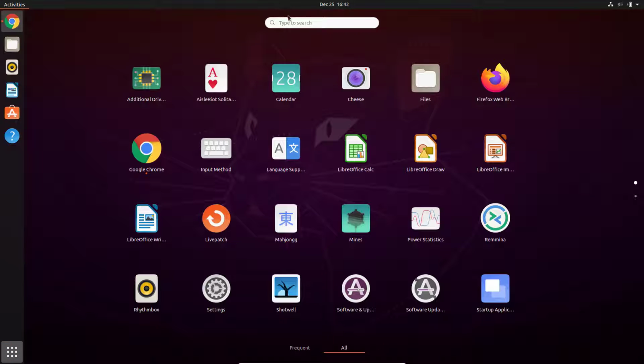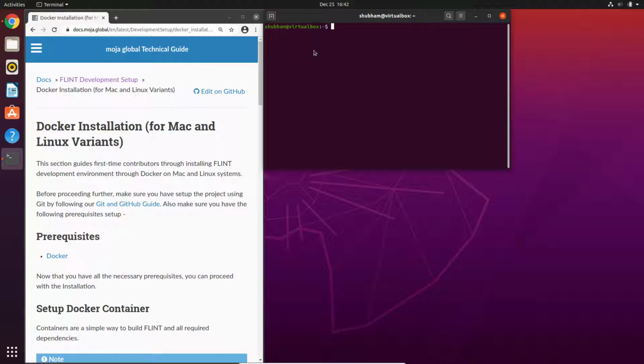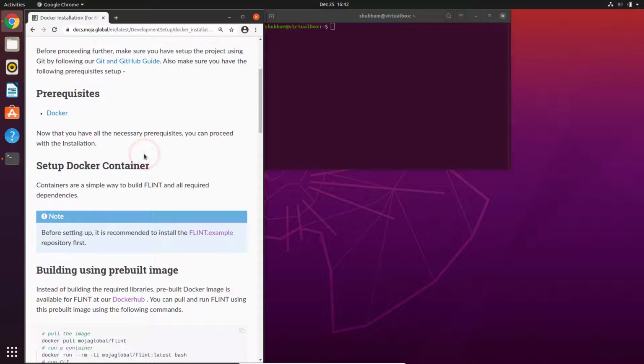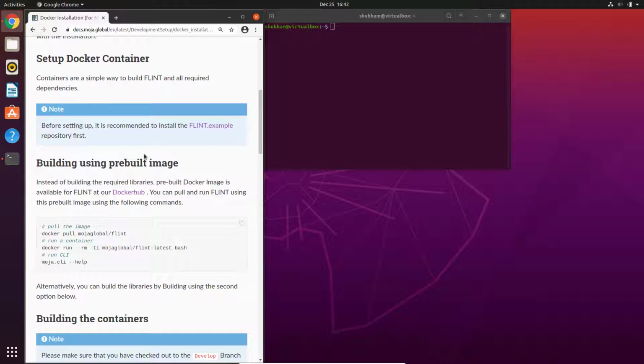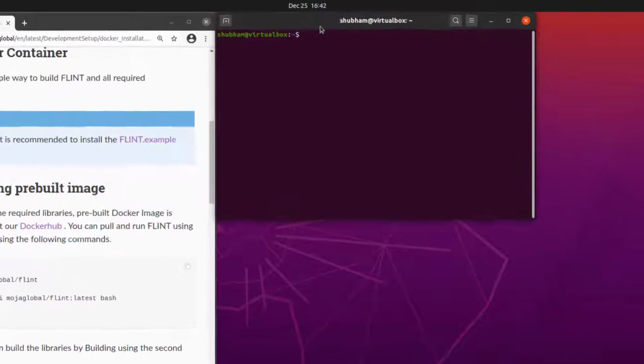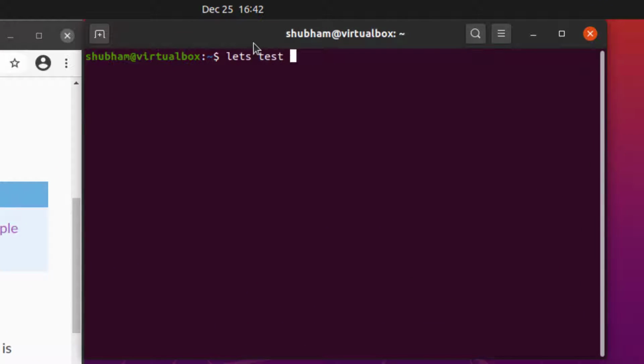Now open a terminal window. Let's test Docker first.